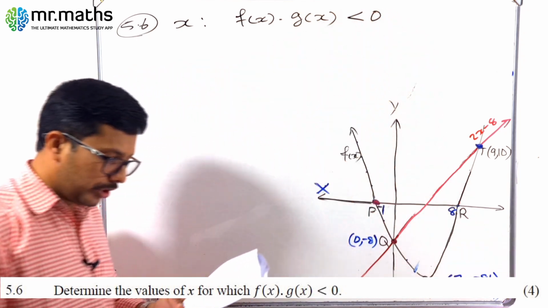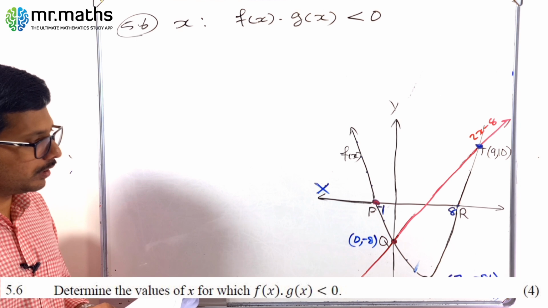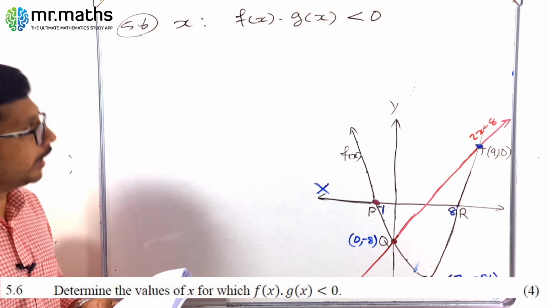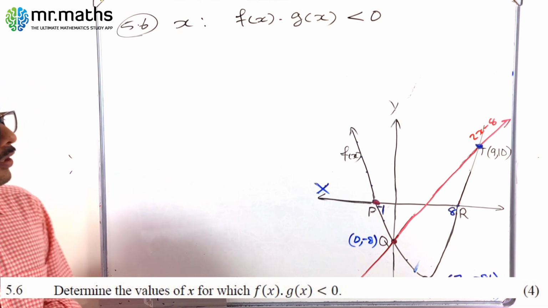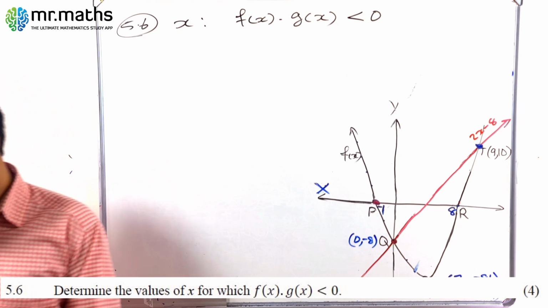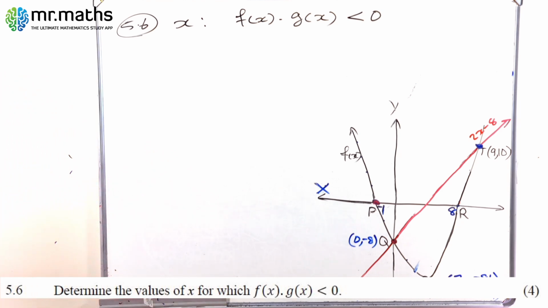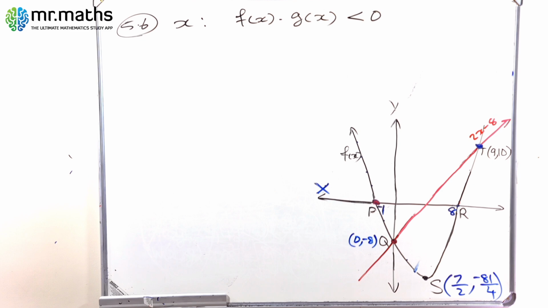You have to find the values of x where f of x times g of x is less than 0. So when we multiply two functions and the answer is less than 0, it means that